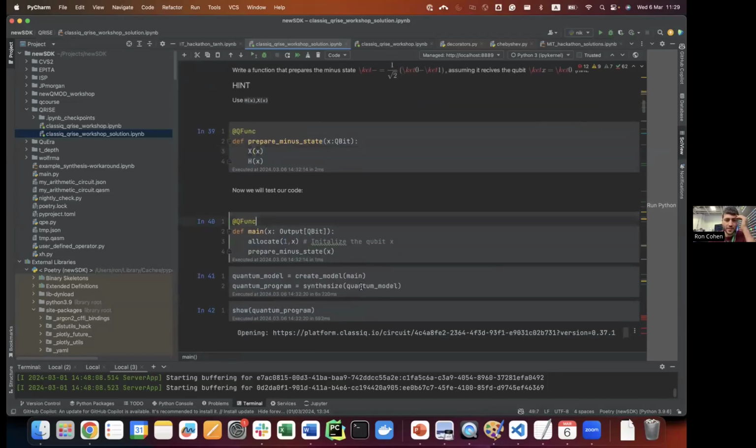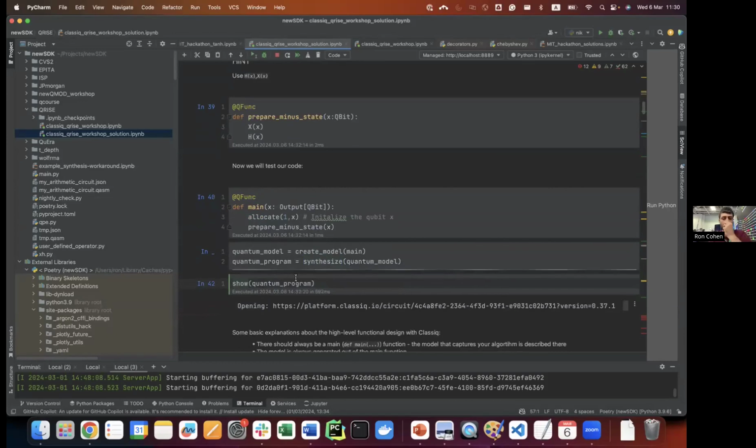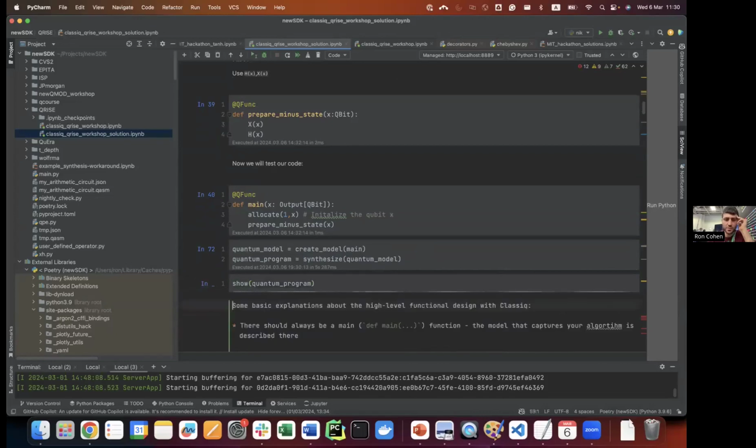So I have the main, and now I have to create the model, which is actually like a string, like a text file that contains everything that I need to represent the high-level model. And the synthesis gives me the quantum program, which contains the implementation that was chosen. So this function is actually calling the Classiq API. It's talking with the cloud, making the optimization, and returning the result. This is the first time you call the Classiq API. The first time you need the token and the authentication. So I synthesize. And then once I show,